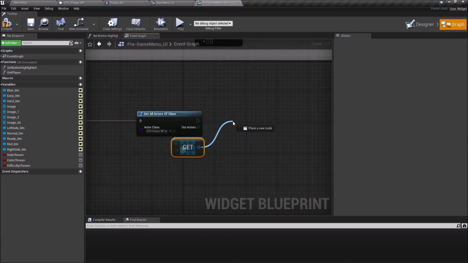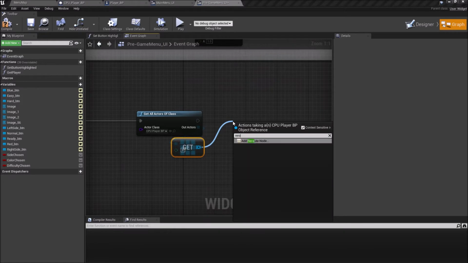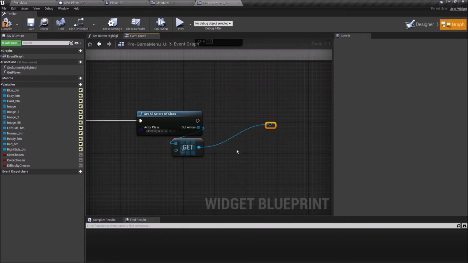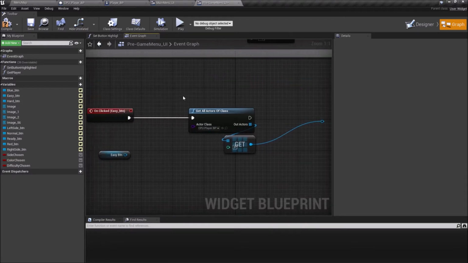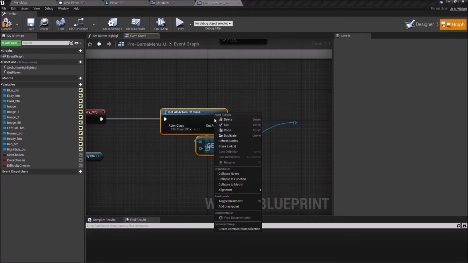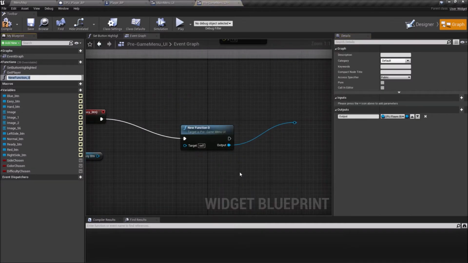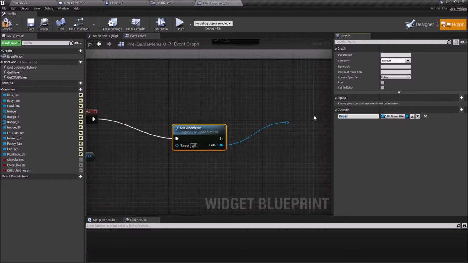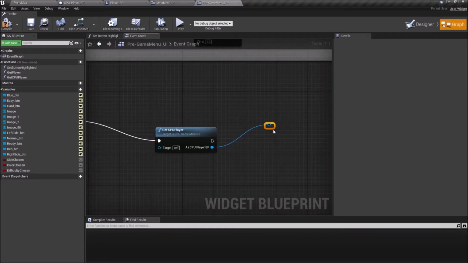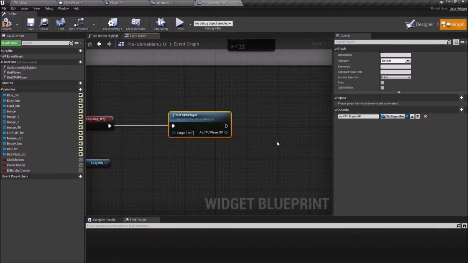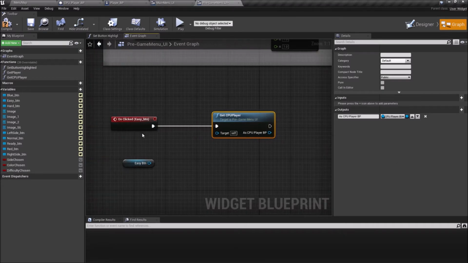I'm going to drag off this and I'm going to add a reroute node. And I'm going to highlight all of this, right click, and collapse to function. Let's call this get CPU player. And the output, I'm going to rename it to as CPU player BP. I can now delete the reroute node. So when we click on the easy button,